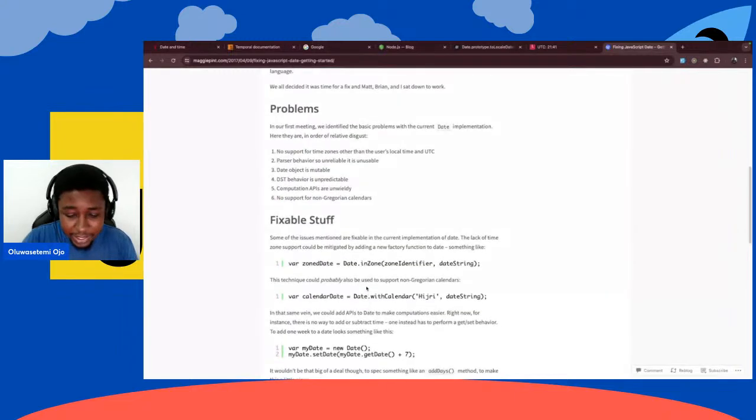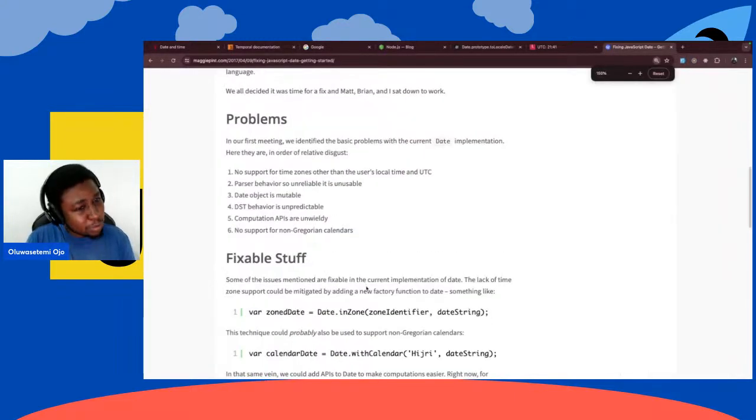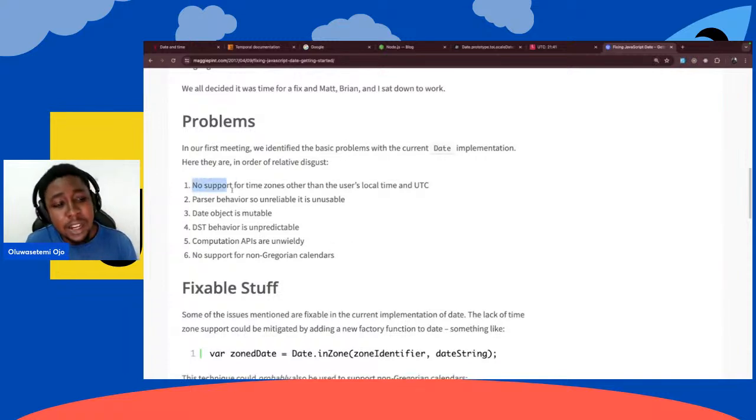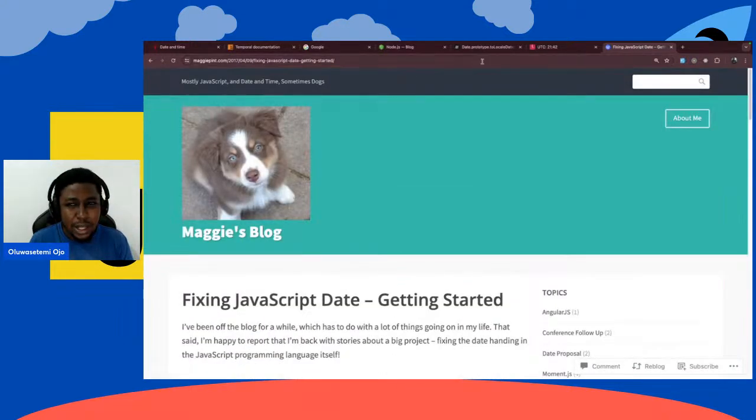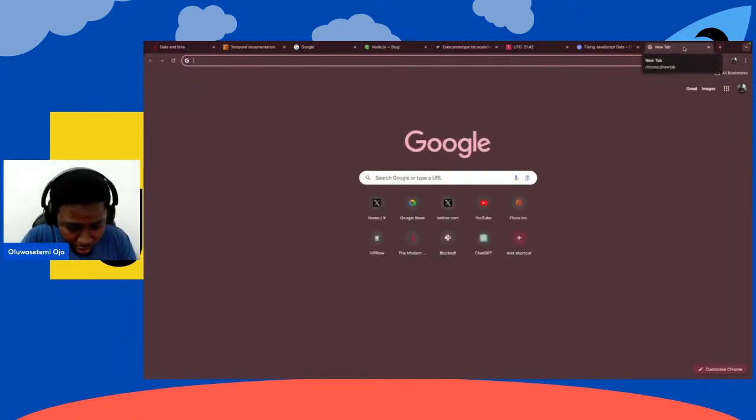It talks about how most of the libraries have no support for time zones other than using the local time and UTC, right? The parser behavior is so unreliable that it's unusable. Date objects are mutable, right? You mutate, they mutate. The DST behavior is unpredictable. I don't know what DST is though. And the computation APIs are weird, and there's no support for other calendars, right? And the person who wrote this is the person who created one of the major libraries I worked on. So we have